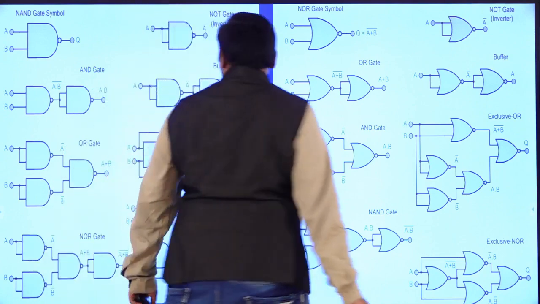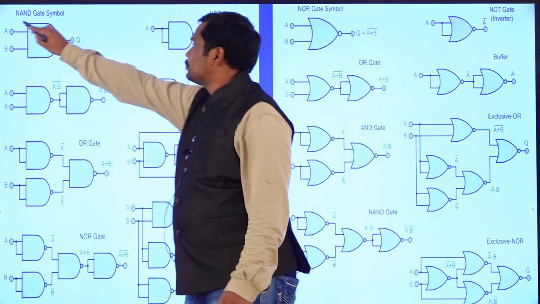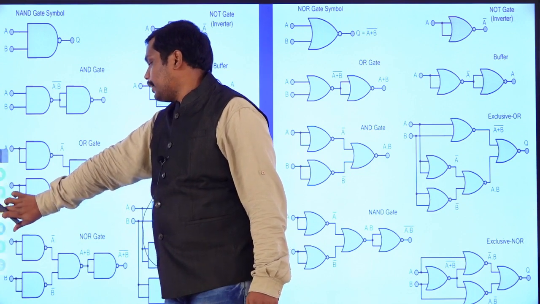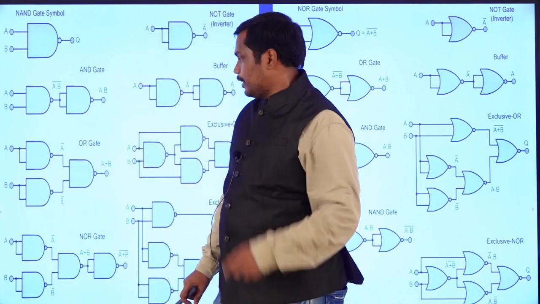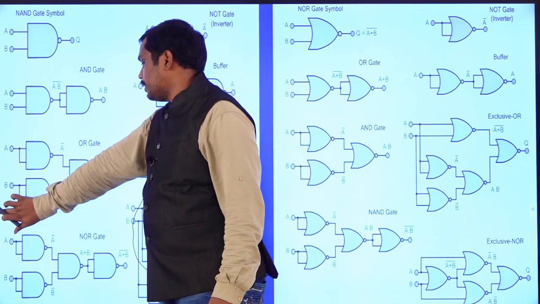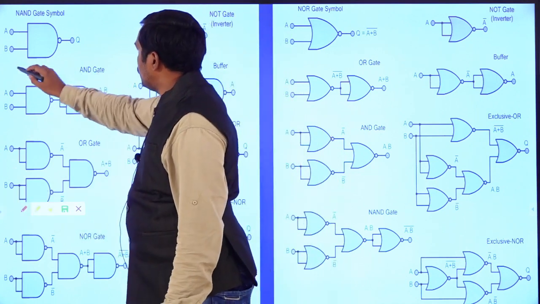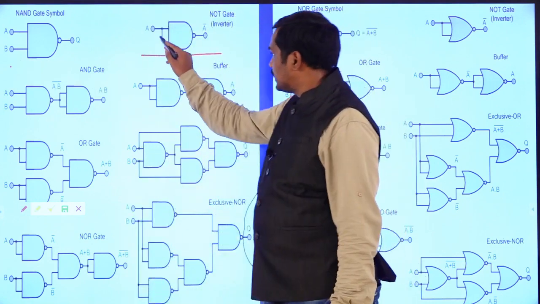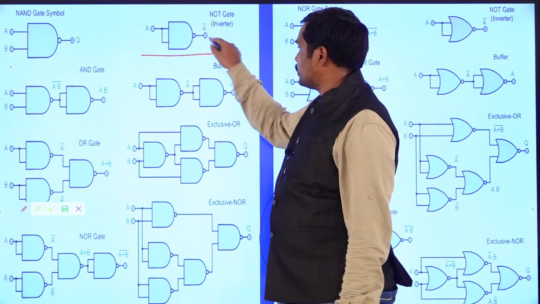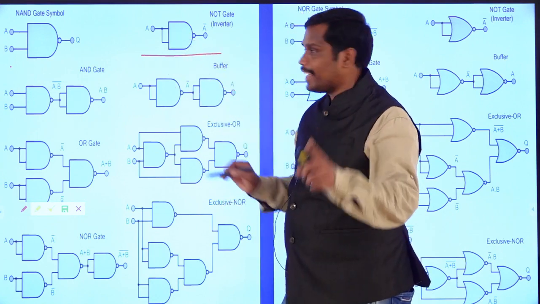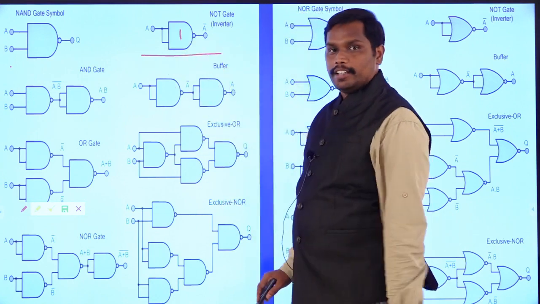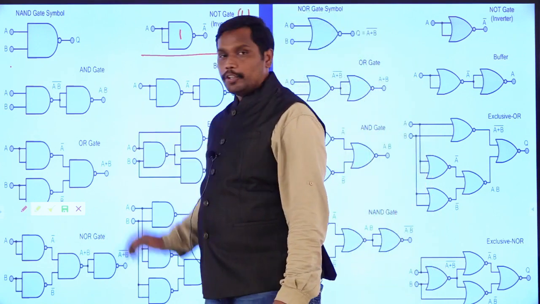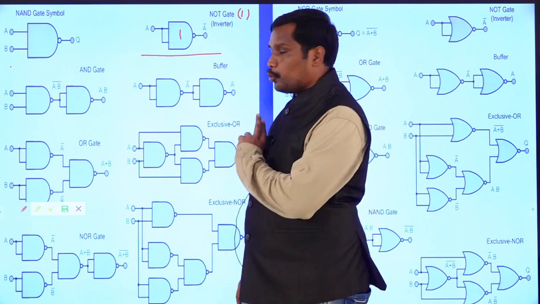So now you can see here, this is a general NAND gate symbol. With this particular NAND gate, all other gates can be represented with NAND, right. You can see this particular NAND gate is a NOT gate, where the same input is given as both inputs, right. So this is how you are going to represent NOT with NAND. So one NAND gate is there for the NOT gate. So for NOT you are going to have 1. So for AND, what is going to happen? For AND, there are 2 NAND gates, right.